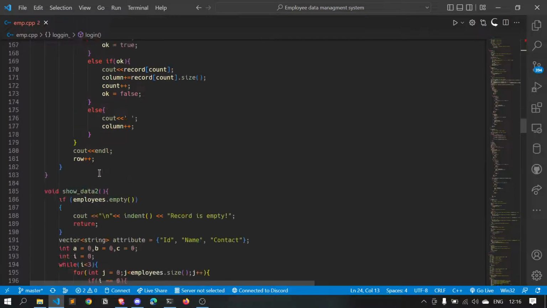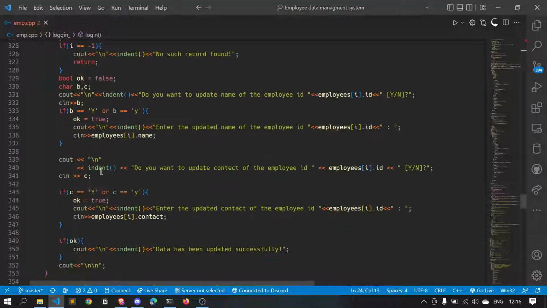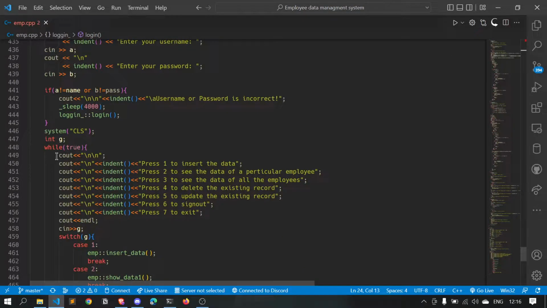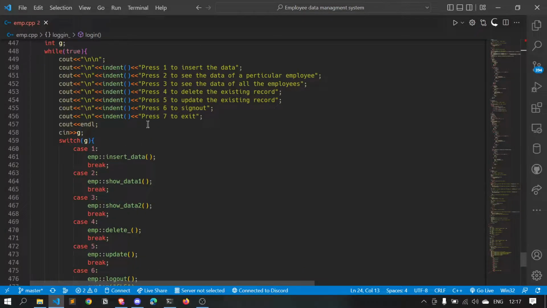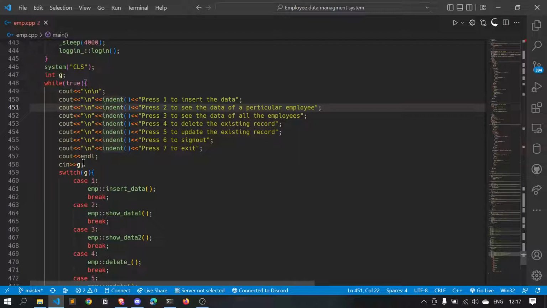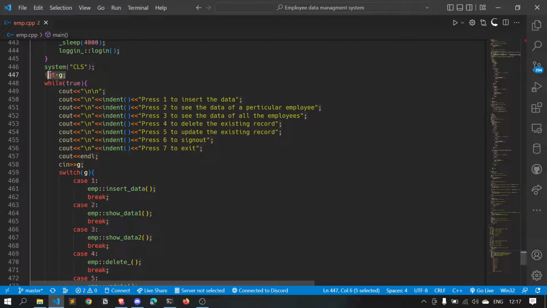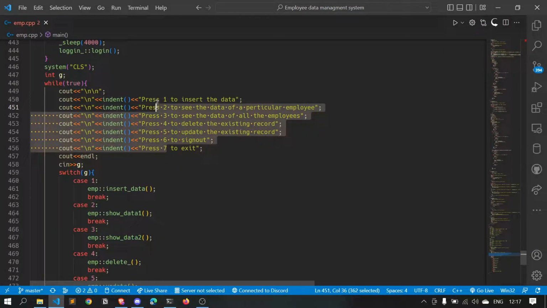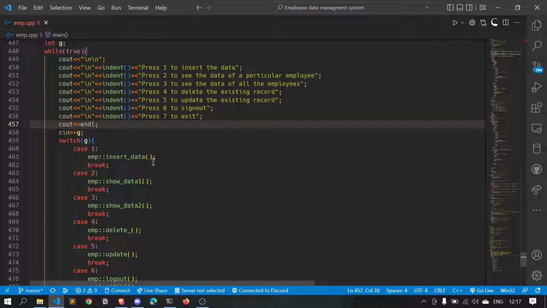Okay, so after successfully logging in, you will be entering into this loop until you press 7 to come out of this loop. Okay, so this is the line that will be printing continuously in the console. Okay, and I have created one int variable to keep track of which number you have typed. Okay, so if you have typed the one, you can insert the data, which is defined in the emp